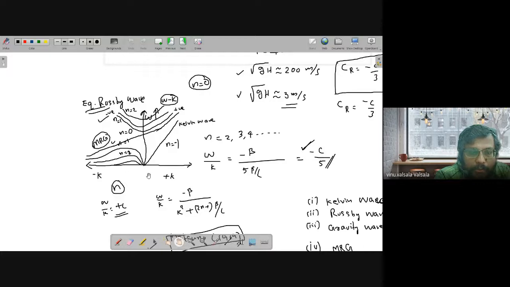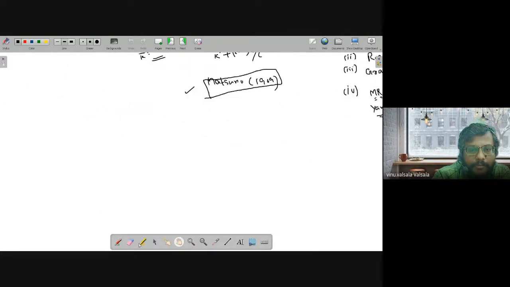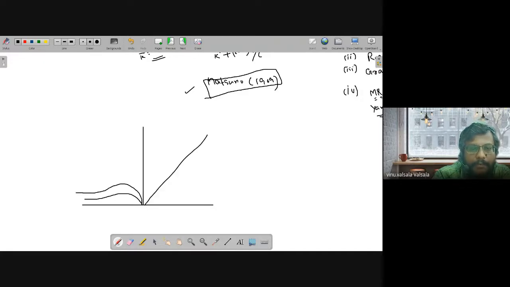The question is, what about the spaces here? Say for example, in this particular area, let me redraw this, let me clean it up a little bit. Okay, so I have the two axes here. Fine. So let me redraw the diagrams. One is the Rossby waves, I'm sorry, the dispersion curves, and Kelvin waves were like this, and Poincare waves were like this. This is a schematic, okay, not a perfect one. And we built a mixed Rossby gravity curve also here.